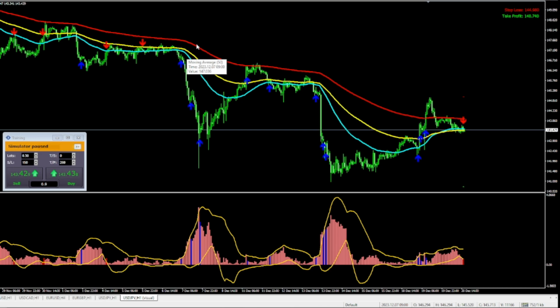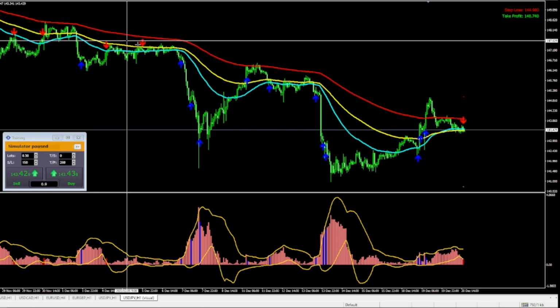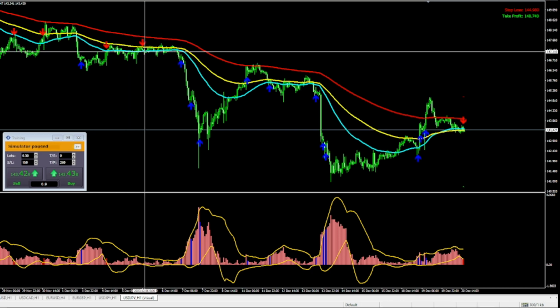Now, the way that the trend following strategy works is when price action is above the trend ribbon, we are only looking for buy trades. And the opposite is true for when price action is below our trend ribbon. You will see from these past entry signals that the VIX Volatility Extreme provides us with great entry opportunities during